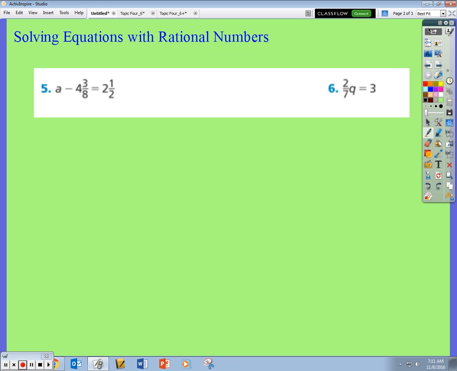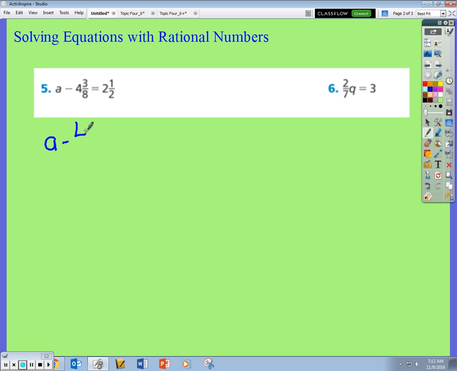Now for these two, I encourage you maybe to pause the video now that you have a better understanding of solving equations with rational numbers. Pause this and try to solve number 5. So give that a shot. All right, now we have